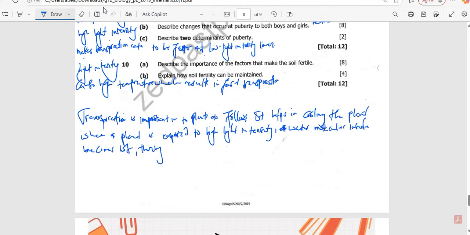Thereby heat will be lost and the plant cools down. So what you are saying is that in as much as light intensity or light energy is important